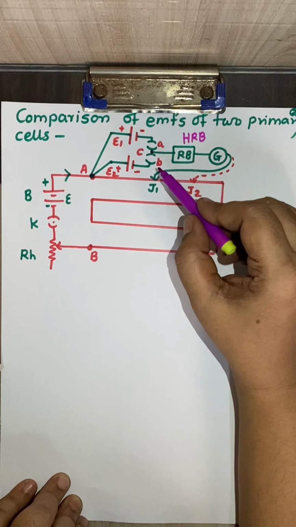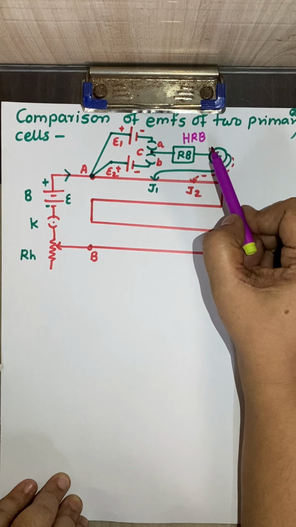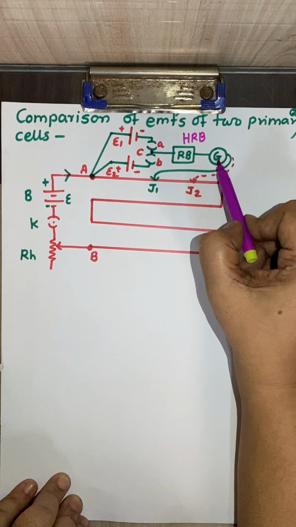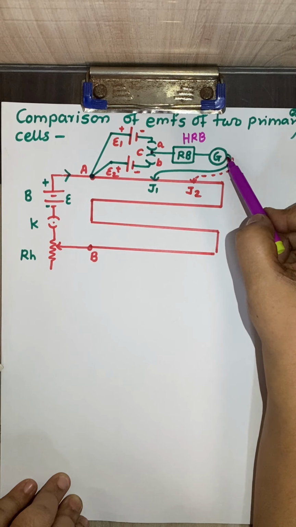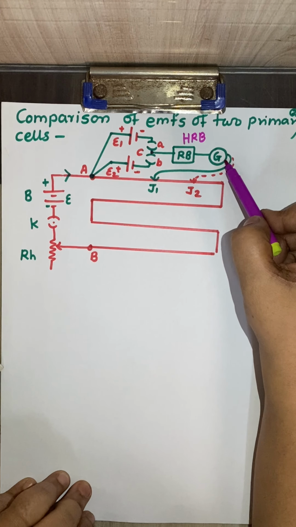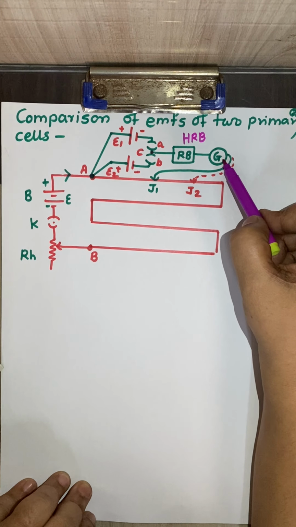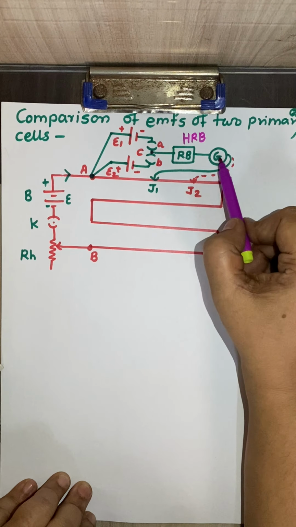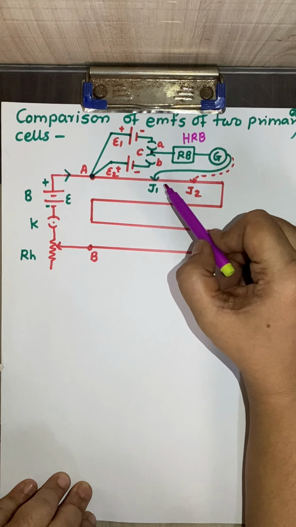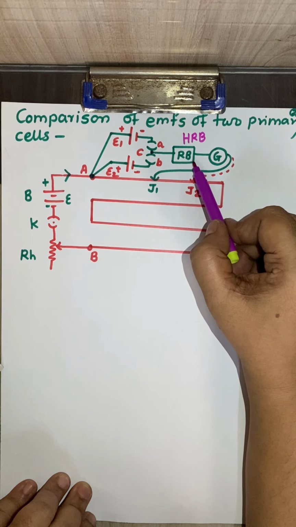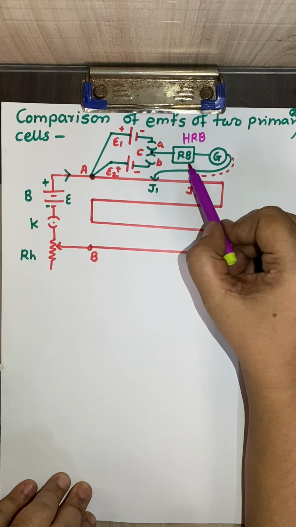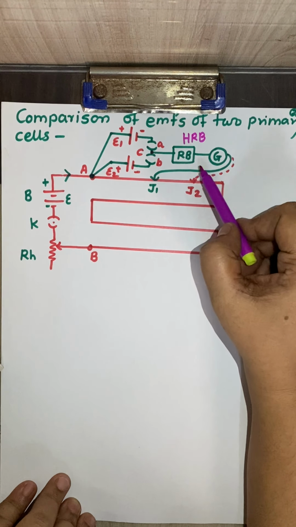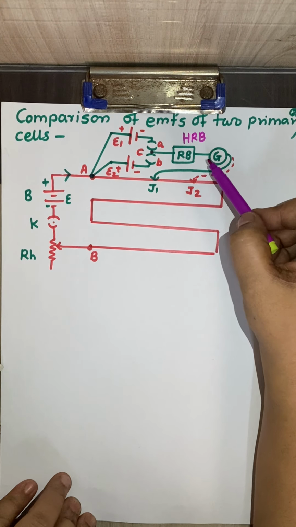Now why is the high resistance box connected? It is to prevent excessive current from flowing through the galvanometer, because the galvanometer is a very sensitive device, generally used to measure a very minimum amount of current. If current suddenly flows through the galvanometer, it can be damaged. So to safeguard the galvanometer from excessive current, the high resistance box is used. Generally we remove 2000 ohm resistance from this resistance box. You will study this when we perform the practical during school hours.